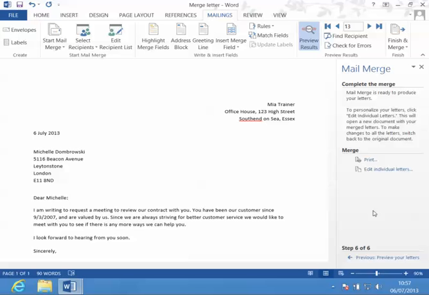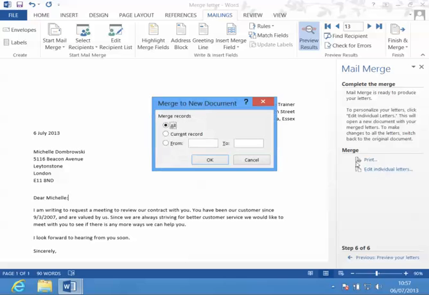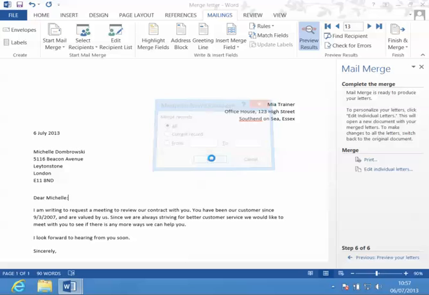Now this one is my preferred method, because if you do that, then you can actually take a cursory look through them, and if there is a little bit of a comment or a tweak that you need to make to specific letters, you can actually do that easily before they go to the printer. So I'm going to click on Edit Individual Letters, and you can choose to merge all of them, just the current one, or from certain record numbers. I'm going to do all, click on OK,